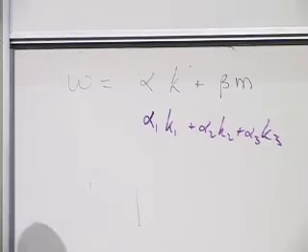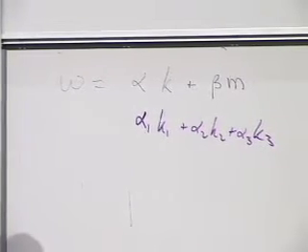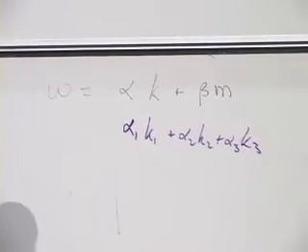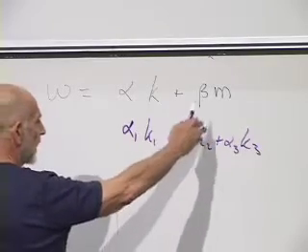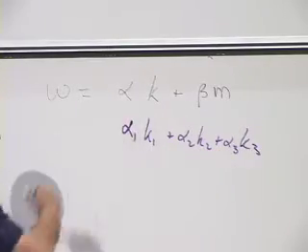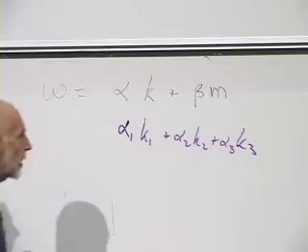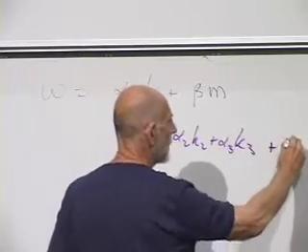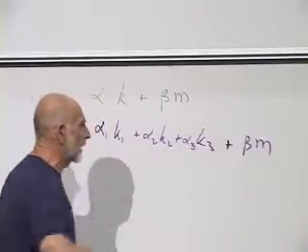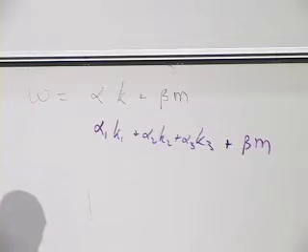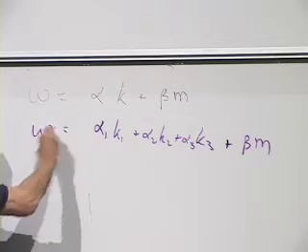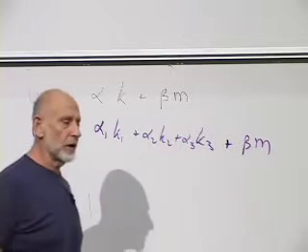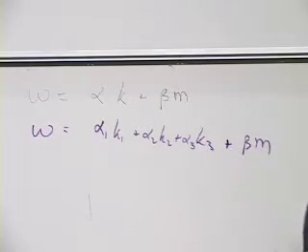Three components of k. 1, 2, and 3 now mean x, y, and z. Alpha 1 k1 plus alpha 2 k2 plus alpha 3 k3 is the natural generalization of this, plus beta m. He started out with this. He said, that's the most general linear thing I can write down. It's nice and simple. Let's see if we can do business with an equation like this, with alpha and betas